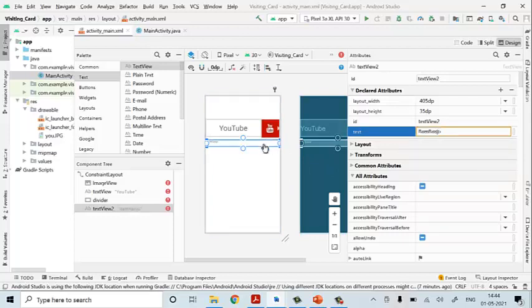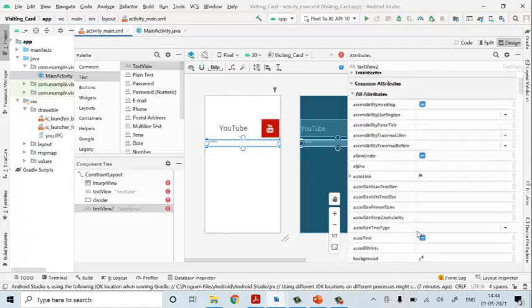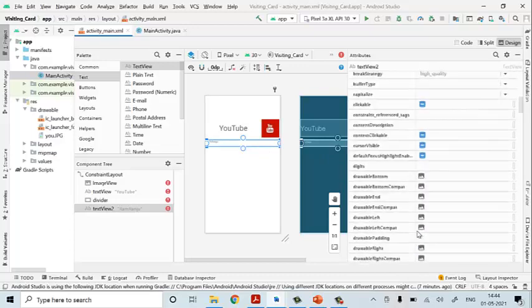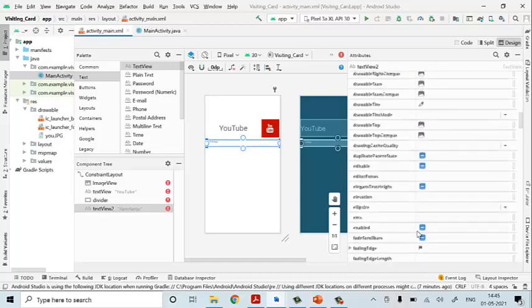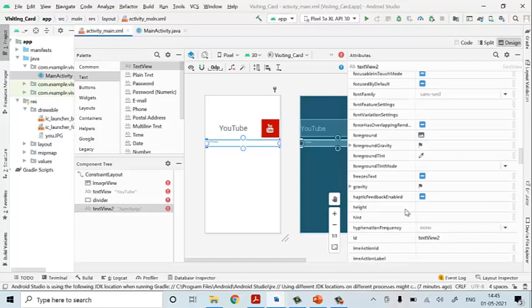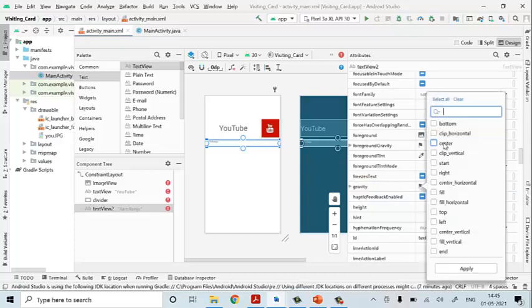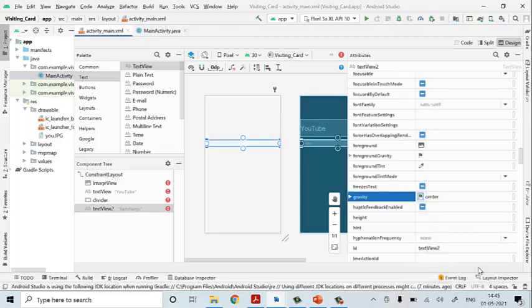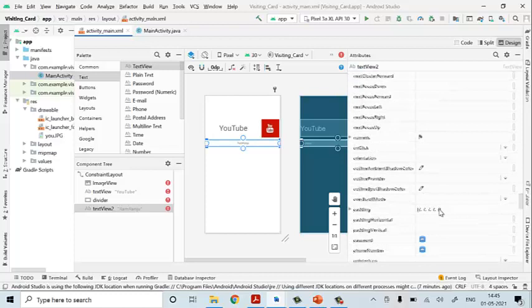Now this has to be placed at the center. So you should select your gravity. Go for searching gravity in your attributes property, where you're going to get your gravity, and click on center and apply. Now it will move to the center. Now we have to select the text size.